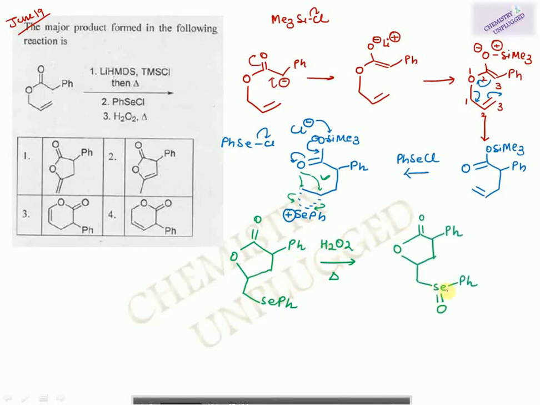This is a very familiar step: this is the beta hydrogen, this is the alpha carbon, this is the beta carbon. So hydrogen from the beta carbon will be removed. This bond will shift here and it will go with this. So you will get a double bond at this position plus PhSeOH. So this will be your final product and it is in option 1. This is the correct option.